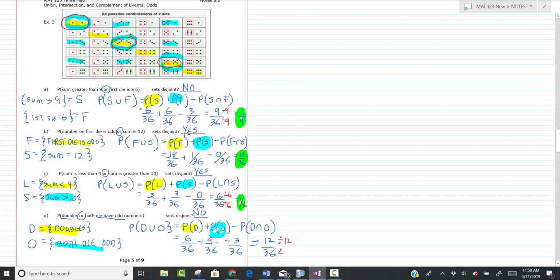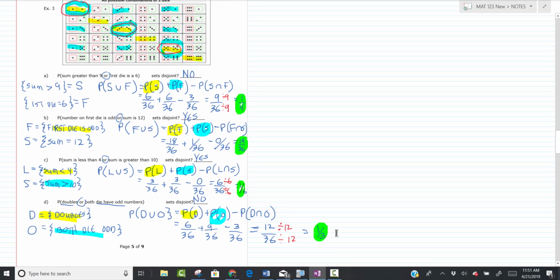Divide by 12 to reduce the fraction. Therefore, you would get a 1/3 probability on that then. Okay, so you just got to use that formula very meticulously and carefully to get those probabilities. Okay, so let's see. I'm going to put you to work on the next page and see if you can